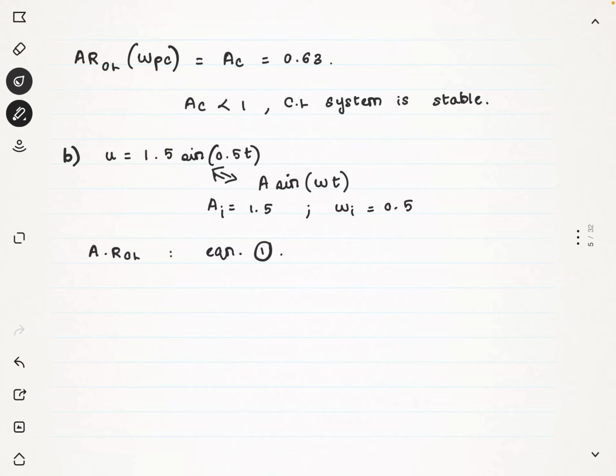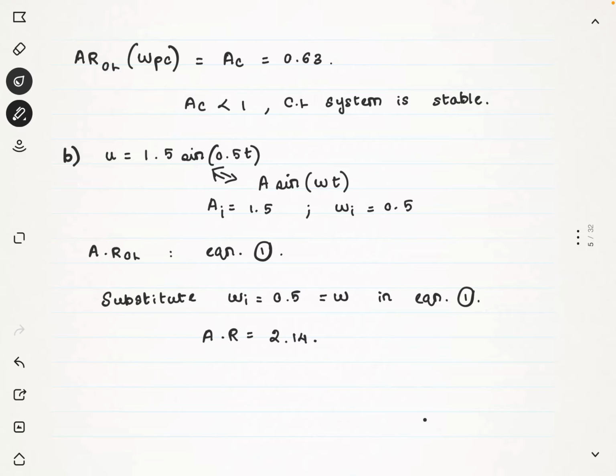And to compute the amplitude ratio numerically, all we have to do is substitute the frequency of the input signal into the amplitude ratio equation. Substitute omega I is equal to 0.5 to omega in equation 1. You'll know all the terms of the equation, and then if you do the simplifications, you'll get the amplitude ratio as